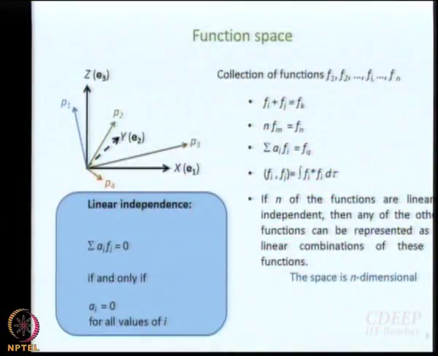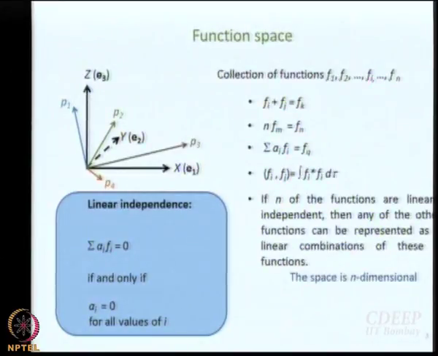take the vector sum, where will the vector sum be? Somewhere in the xy plane. Is z axis in the xy plane? No. So, it is impossible for it to exactly offset whatever is the value of z, right. It is not even along z, isn't it? There is no component along z, to be honest. That is the meaning of linear independence, that sum over i of a_i f_i can never be equal to 0. The only case where it can be equal to 0 is when a_i equal to 0 for all values of i, and if all the coefficients are 0 anyway, then what is it that we are talking about? It is a trivial solution, fine.